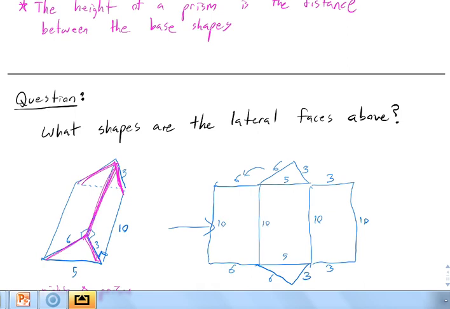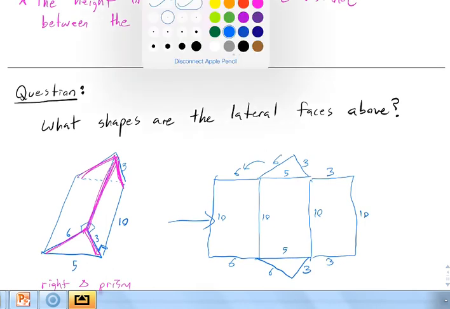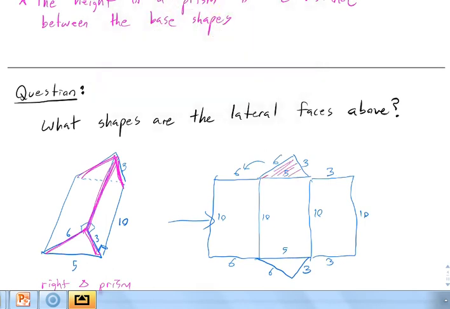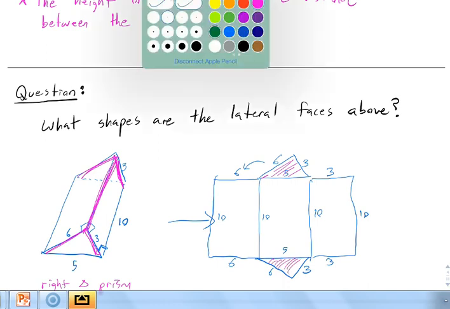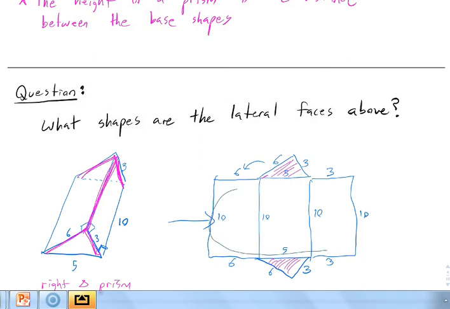Okay, so now if I wanted to find the surface area of this, I would say, okay, well, I can find the area of my base, right? Here's the area of my base. I can multiply that by 2. But the question is, how could I find, in one fell swoop, the entire lateral area here? Well, what is the lateral area made up of? The lateral area is made up of this shape here that was all rectangles, and this shape over here, rectangle, rectangle, rectangle, rectangle, rectangle. If we add all those up, we get, this is lateral area,